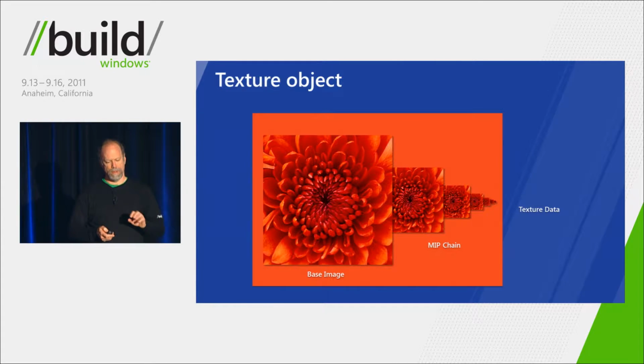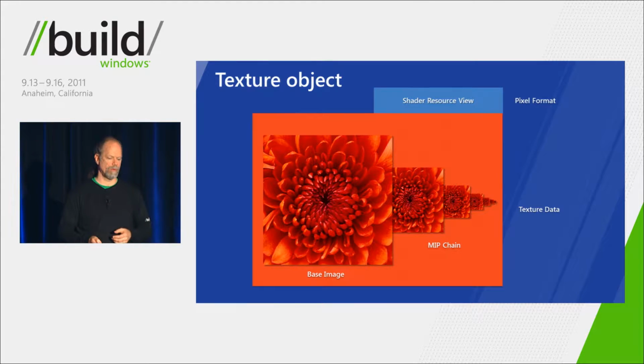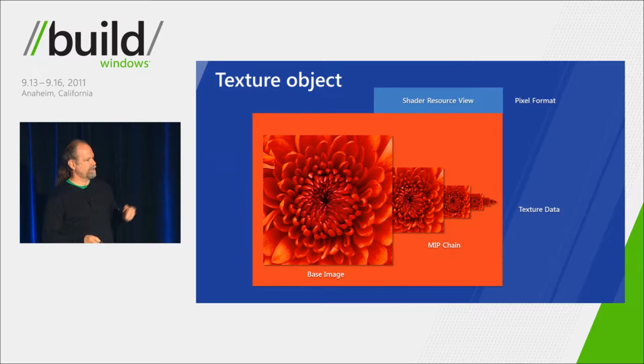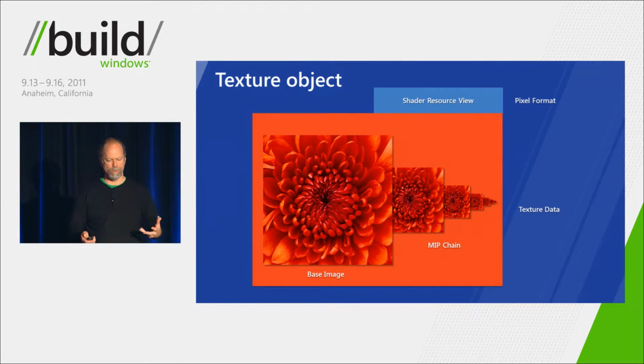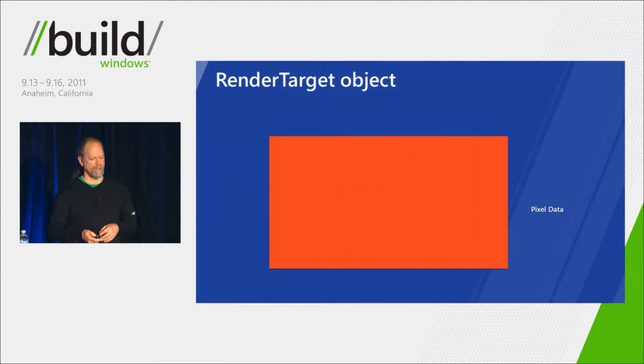So the interesting thing is that it's not a lot of additional memory to store these additional copies, because each one's only a quarter the size of the previous one. The total ends up being about 33% more memory to store all those as well. And then again, this has effectively an interface on top of it called a view, which again provides a sort of polymorphism. You can have multiple views onto the same resource that would allow different pixel formats to be stored in the same memory. But this view is what's used as the interface that binds it to the rest of the graphics pipeline. Then the render target object is really the final memory object that we talked about